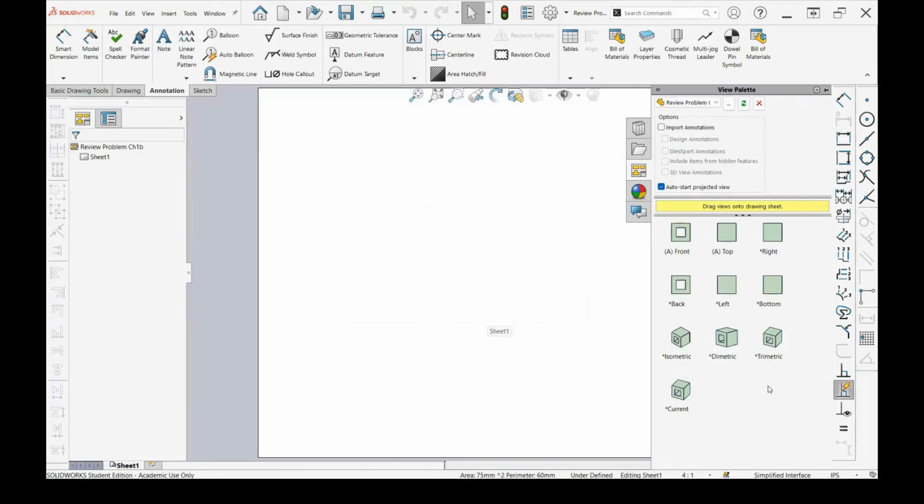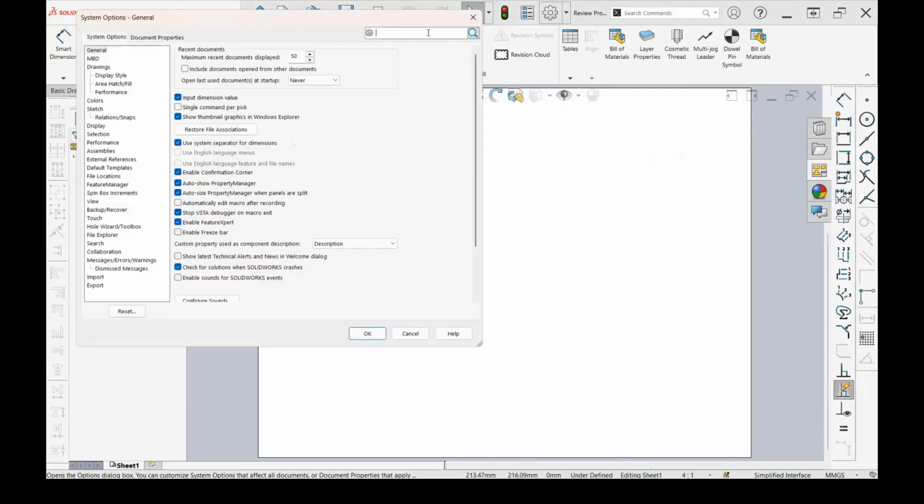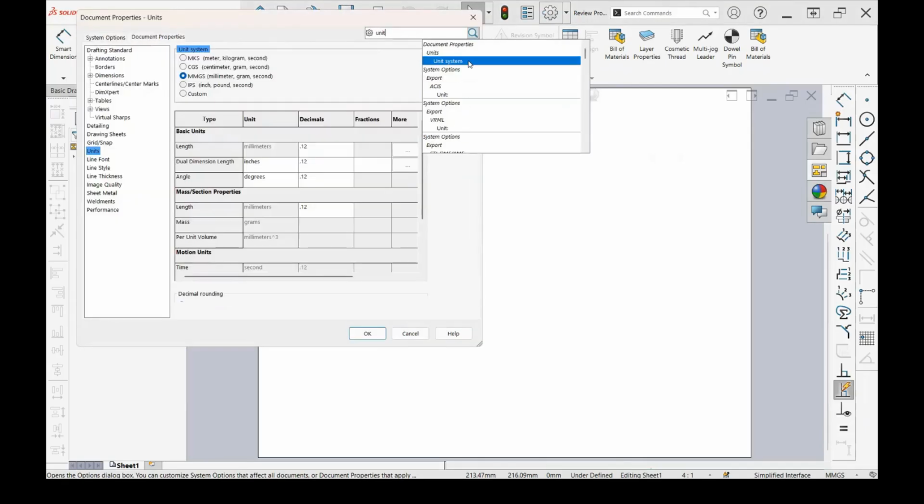On the right, you can see that it popped up with an initial drawing view that we could just easily drag in from here onto our sheet, but we're going to do something a little bit different. And this appears only in the context of make drawing from part. So for starters, on the bottom right, we're going to double check our units. Right now, my drawing is in inch pound second units, so we're going to switch to millimeter gram seconds. That's just with this little box at the bottom. Or we can go to the top and go to options, start typing in unit system, and switch from inch pound second to MMGS.